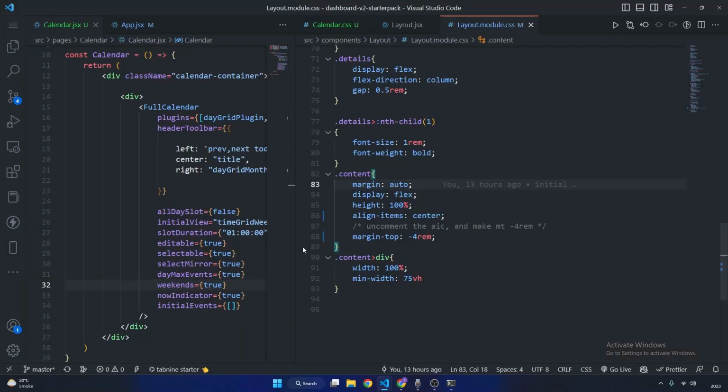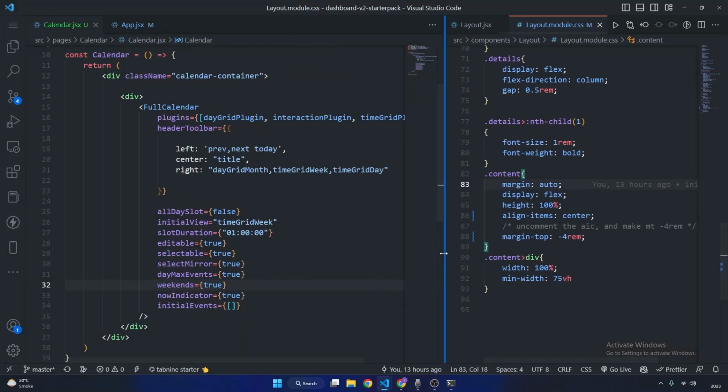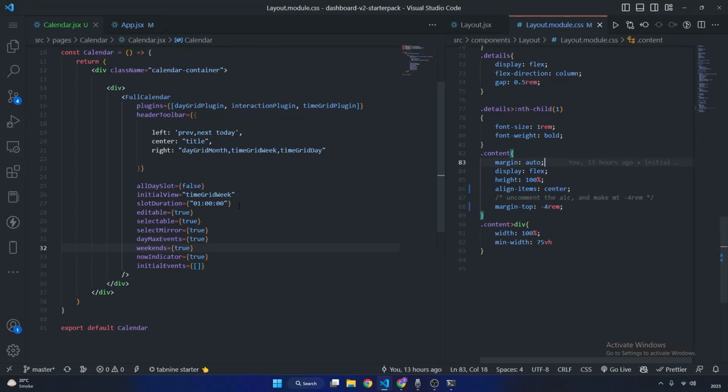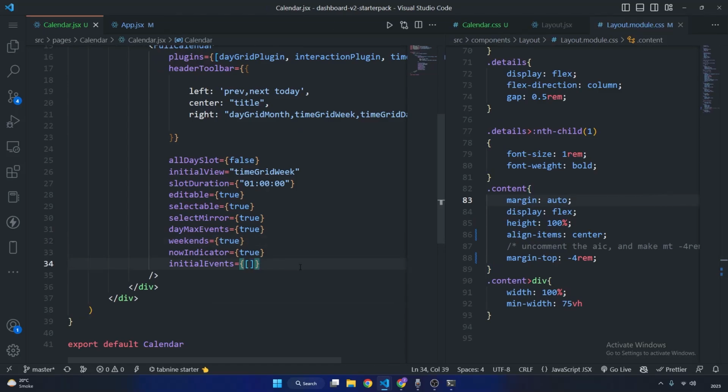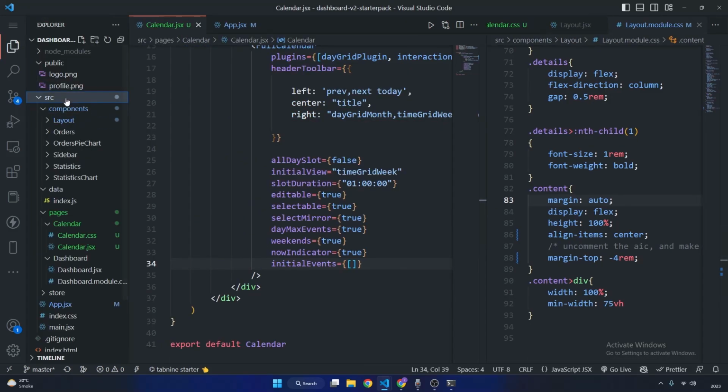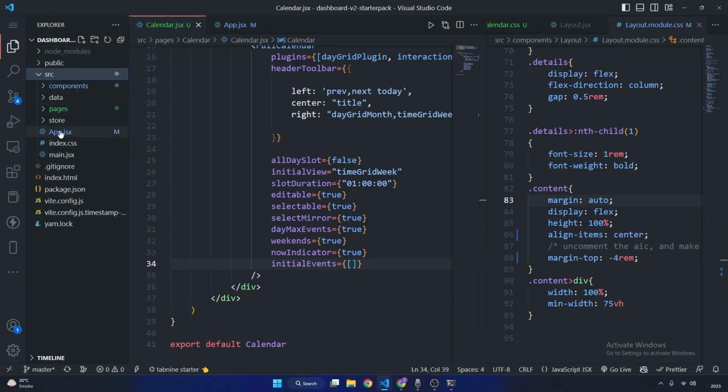So now we have to make this calendar a kind of controllable component. To make it a controllable component, I have to render some initial events, then I have to change the storage for all of these things. I'm going to make a calendar store which will hold the global storage for the calendar events. So I am going to the src, and here inside the components folder, let's minimize all the folders. Inside the src I have the stores. Here I am making a new file, not the folder, with the name of